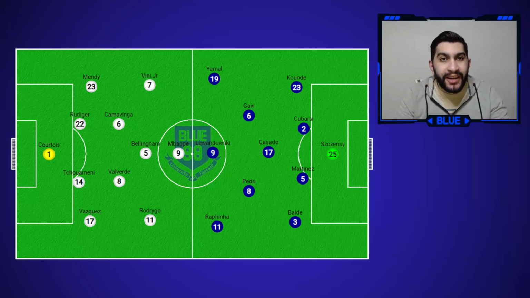Today we will break down everything that happens in the Clásico between Real Madrid and Barcelona in the cup final